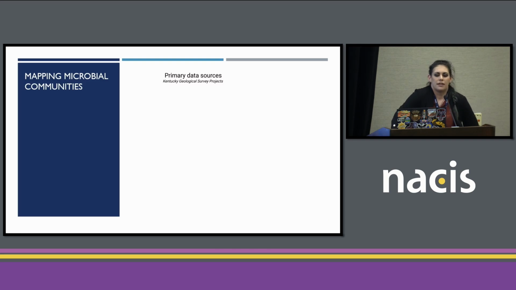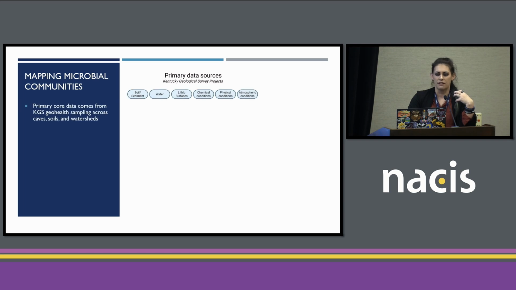All right, so how did we make it? What is actually contained in this map? And I'll show you the map after I tell you how I made it. We have our primary data sets. This is stuff coming from the Kentucky Geological Survey. I'm primarily in charge of it. This is stuff where I'm going into the field,